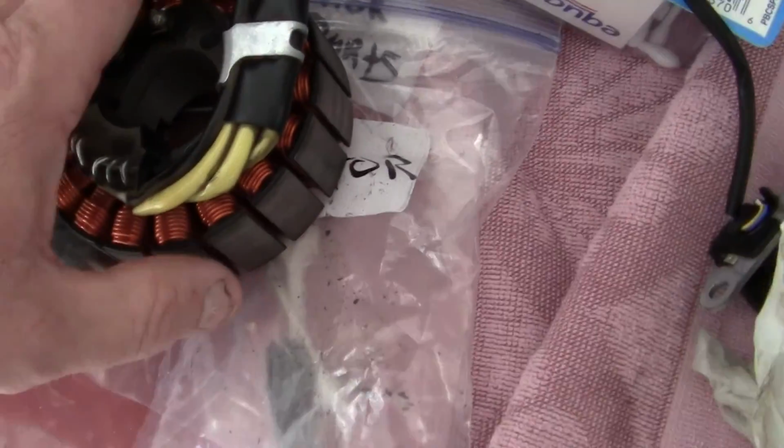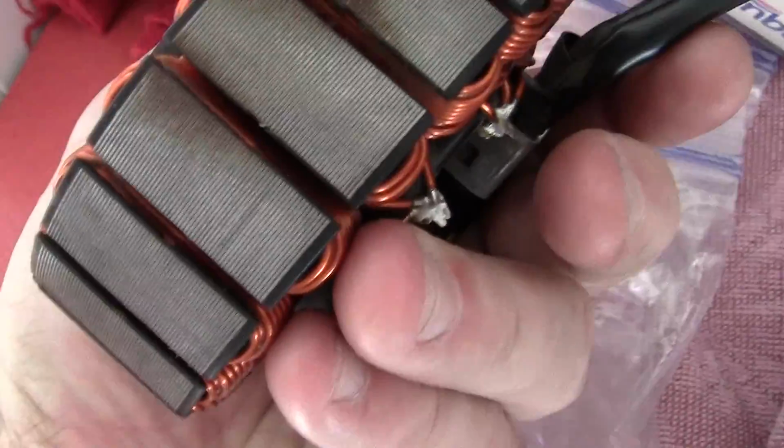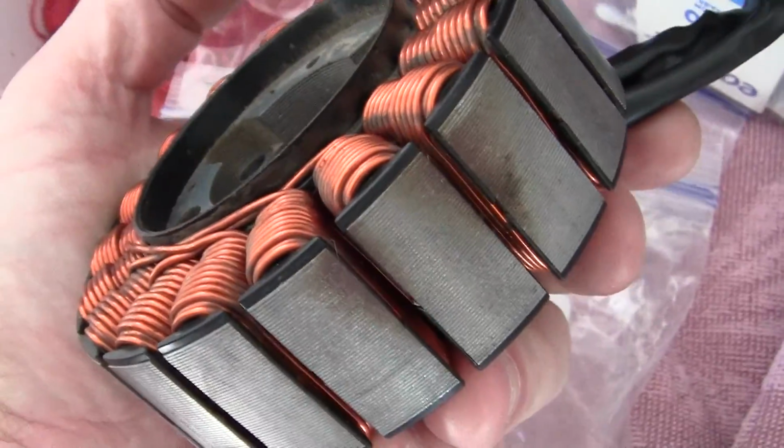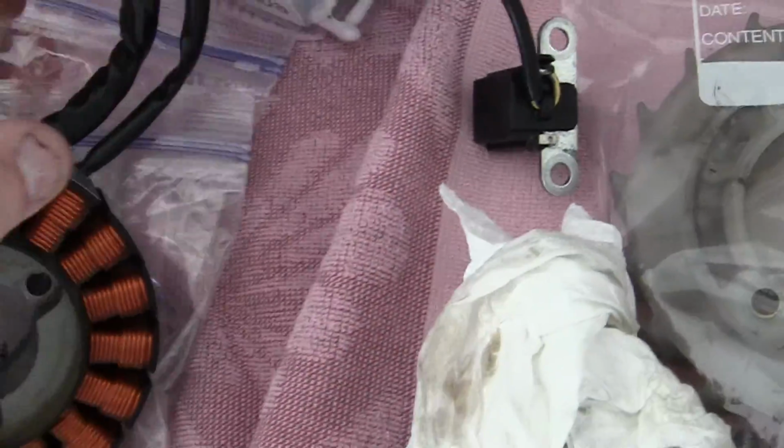I've cleaned up the stator, and I found a tiny bit of rust on it right there, which, you know, for 28,000 miles, it's not bad. I've got to clean up a little dirt here. I've cleaned up the pulse generator,